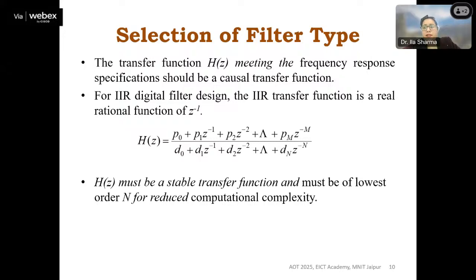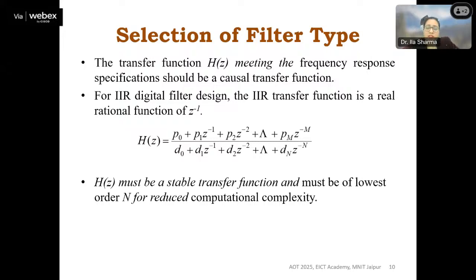The very important thing is stability. Second, linearity. Stability means the transfer function should be stable. You can observe that in an IIR filter, we have both numerator as well as denominator coefficients, whereas in the FIR filter, we have only the numerator part.